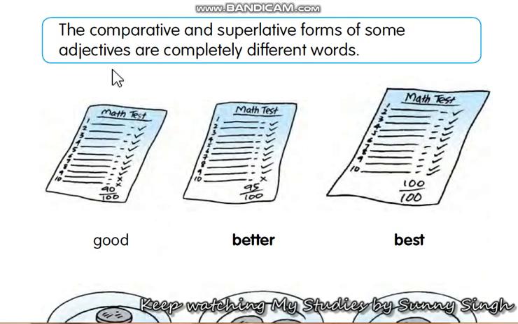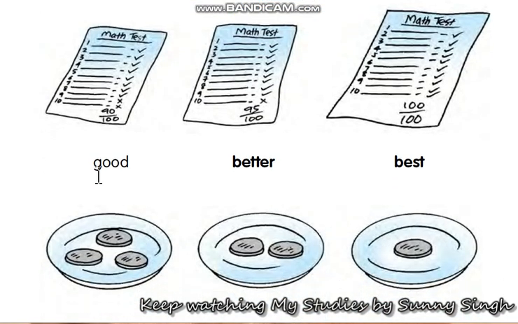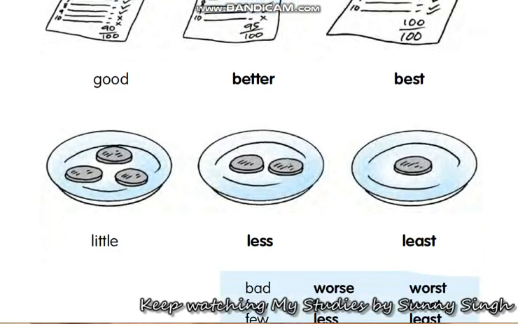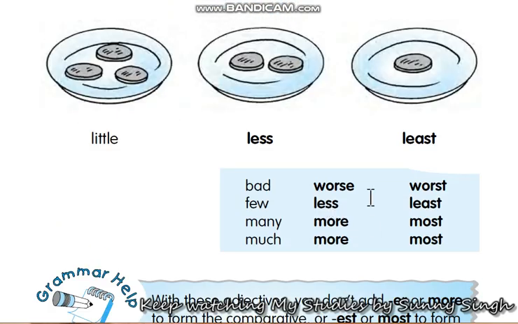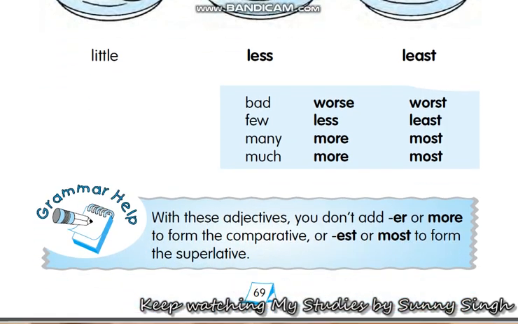Guys, there are some adjectives which always come in their own form, that you have to learn. They are not formed with er or est, like good, better, best. It's always like this: little, less, least; bad, worse, worst. You have to learn these because their forms are constant and they don't